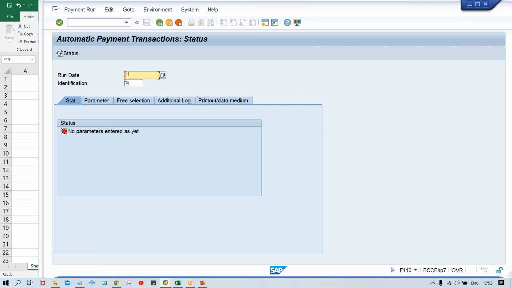Okay, guys, so now here, you have to specify the run date, and then here the identification code. Run date means the date on which we are going to run this APP. So let's suppose this is the date we are going to give here, and identification code, let's suppose TM00 ABC,